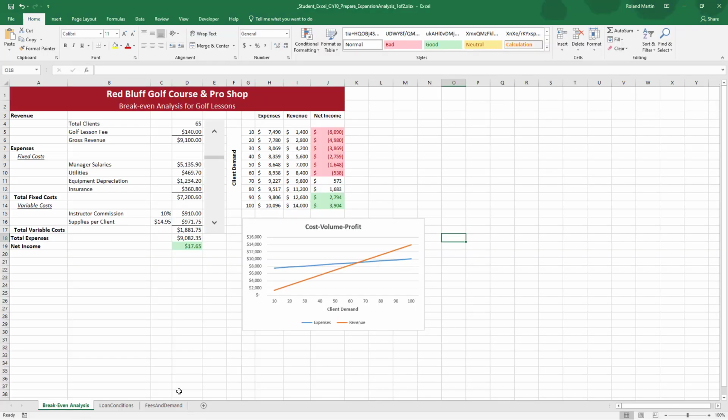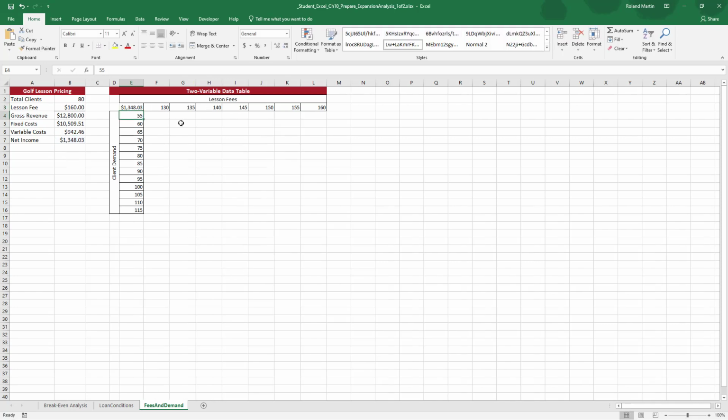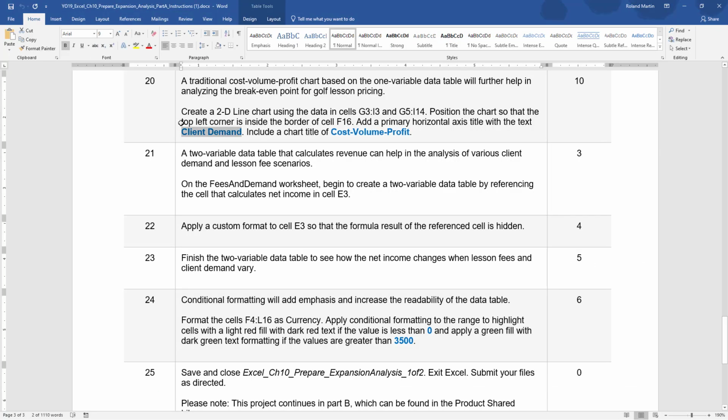So we'll switch worksheets, fees and demand. And we're going to go up here to cell E3. And we're going to reference, so equals, our net income calculation, B7. So we'll hit enter. Now we're going to go back to our instructions. Now that we just did step 21,